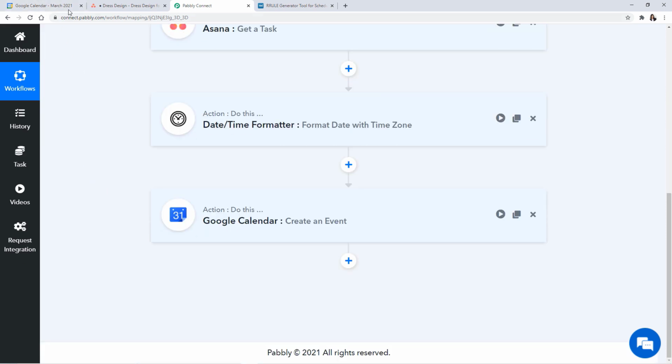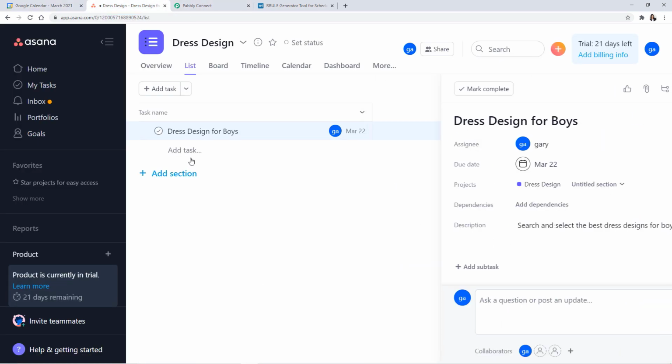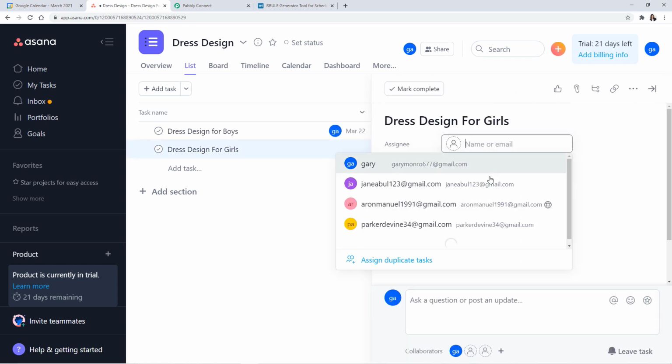Let's create a new task. Moving to my task and the project, I'm going to add a new task and name it dress design for girls this time. Add more details to it. I'm going to assign it to Gary.